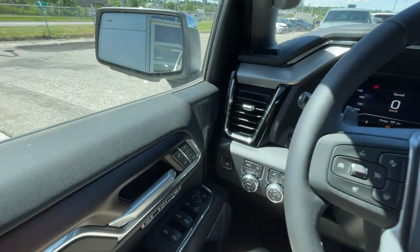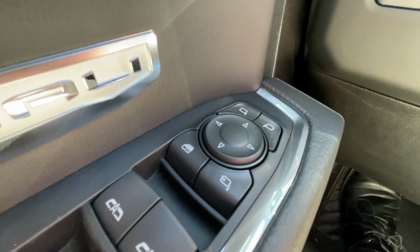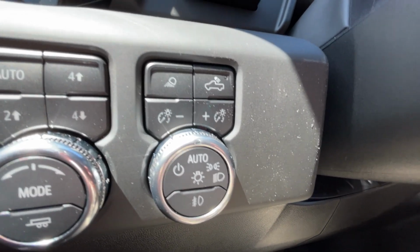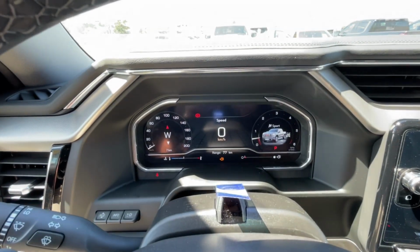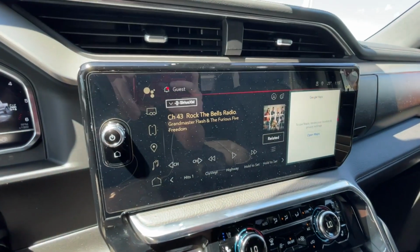Taking a look inside the Denali, starting off on your left-hand side, we have the controls for your power folding and adjustable mirrors, electronic parking brake, button-activated trailer and driving modes, automatic headlights and fog lights toggle, heads-up display controls, leather-wrapped heated steering wheel with paddle shifters, full digital gauge cluster, heads-up display I previously mentioned, 13.4-inch touchscreen complete with